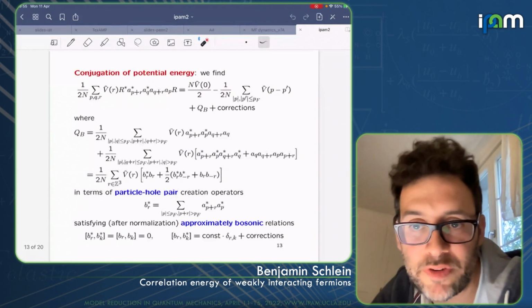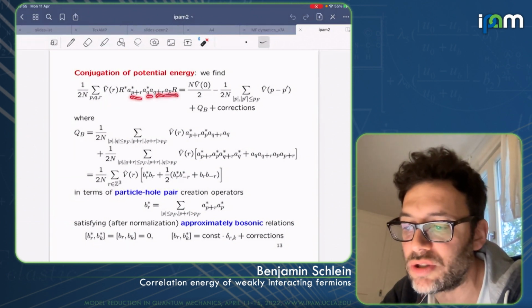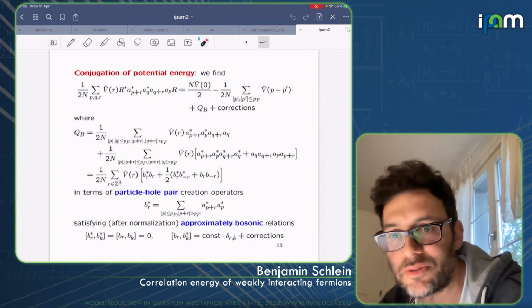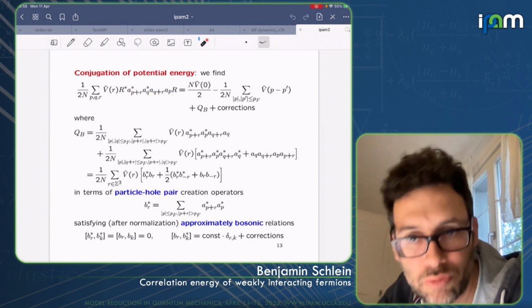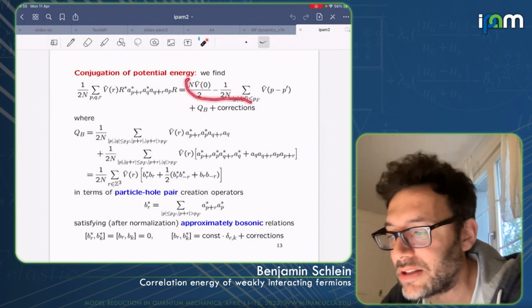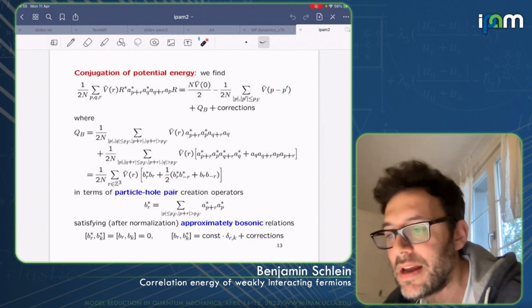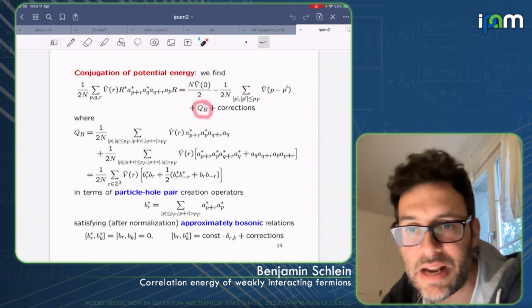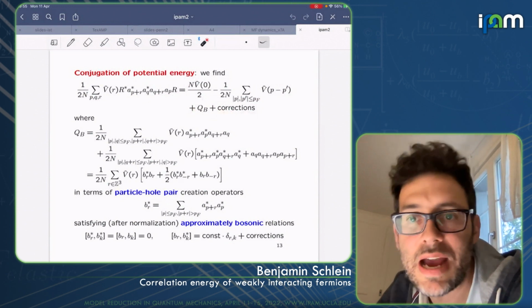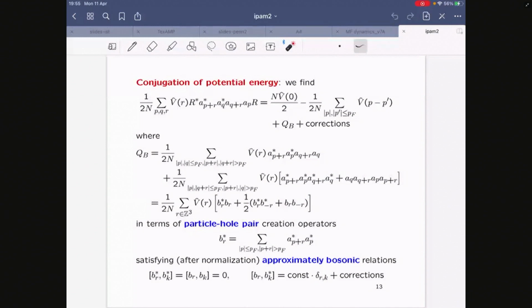You want to do the same also for the potential energy, and now it's a little bit less easy because for each one of these labels, we should distinguish: is it bigger or is it smaller than the Fermi momentum? There are a lot of terms, but fortunately, it turns out there is a constant here, which, by the way, is just the potential energy of the Slater determinant of the Fermi sea. And then there are three contributions which are relevant and all other contributions which are small, at least on states with few excitations, okay? Let's look at these three relevant contributions. I wrote them here, so there are these three here.